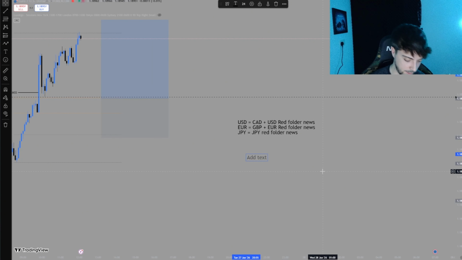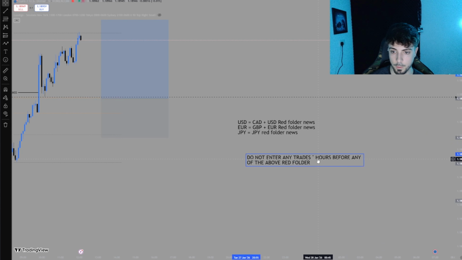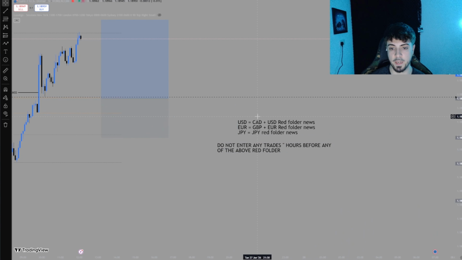So another thing to keep in mind is that we will not enter trades 2 hours before any of these red folder news events. Okay, so if we have, let's say euro, I'll just put here, do not enter any trades 2 hours before any of the above red folder. Okay, so that is very important as well. Let's just put that there so you guys can have a look at that. So we do not enter any trades